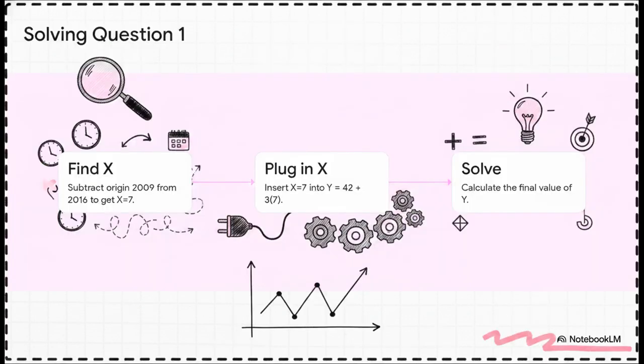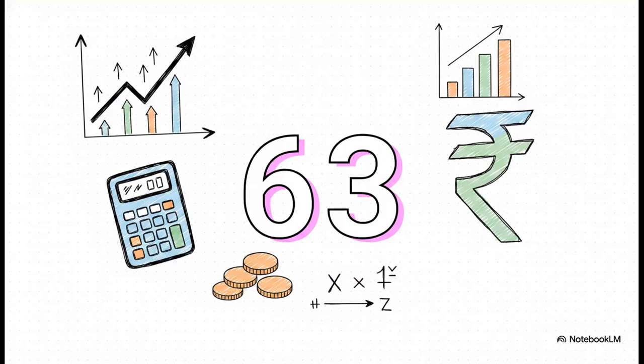What's really cool about this is how incredibly simple the math gets once you decode what x represents. X is literally just the difference in years from our origin. So we simply subtract 2009 from 2016, and that gives us an x value of 7. Then we just plug that 7 right back into our trend equation. Multiplying our slope of 3 by our 7 years gives us 21. Adding that to our base of 42 lands us squarely at an estimated 63. And since the problem notes that sales are in lakhs rupees, our final forecasted answer is 63 lakhs rupees